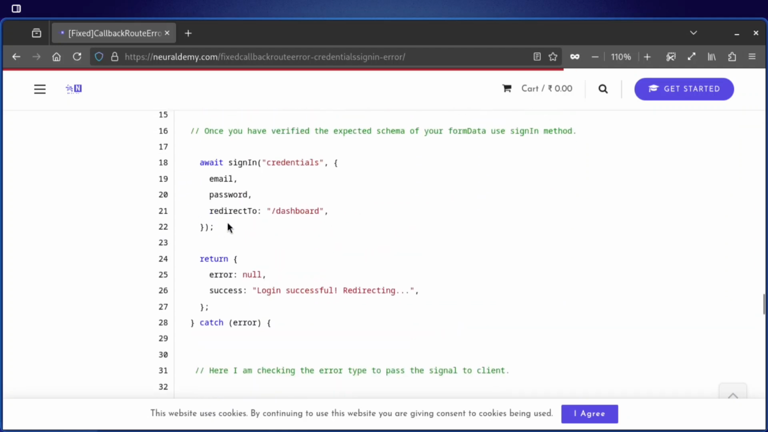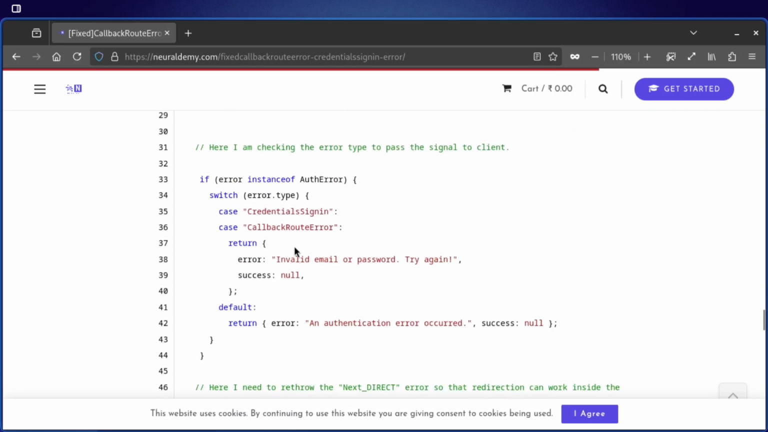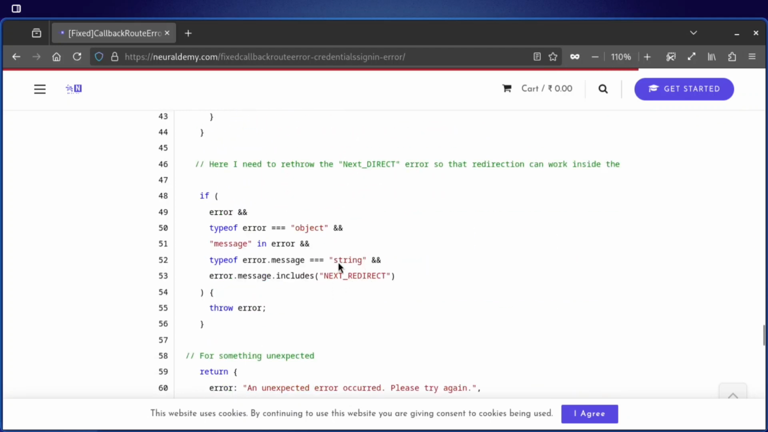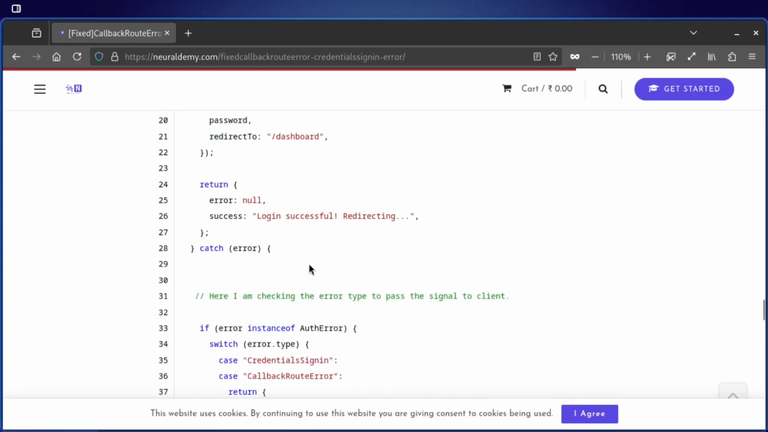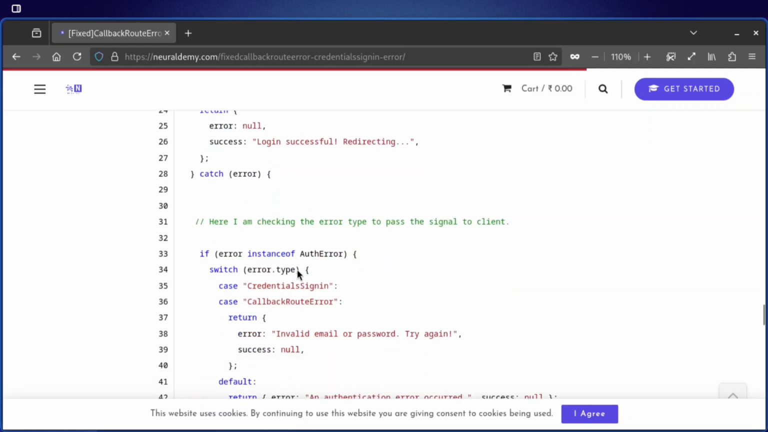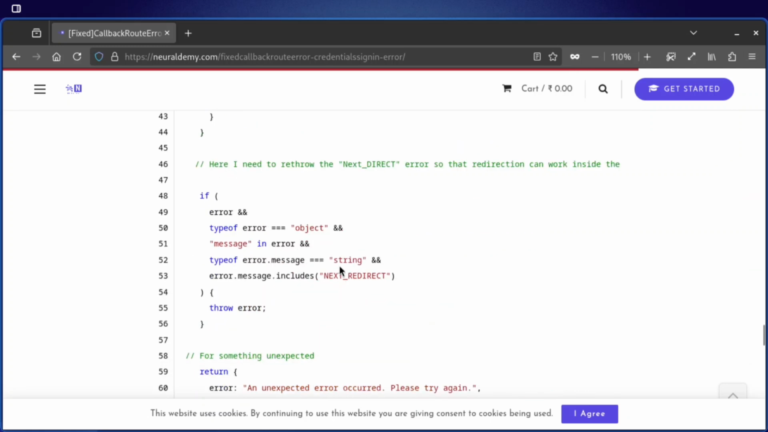In that situation, you will be capturing the redirect, the NEXT_REDIRECT error, which is used by Next.js behind the scenes to redirect the user to a particular page. But if you're catching this particular error here in the catch block, Next.js will not be able to redirect you. So in order to redirect the user, you can simply rethrow that error